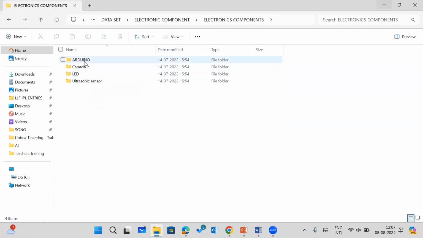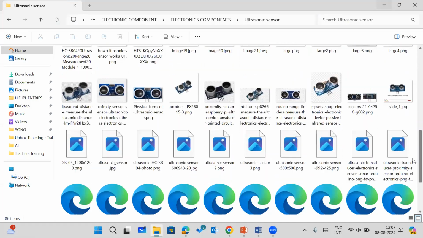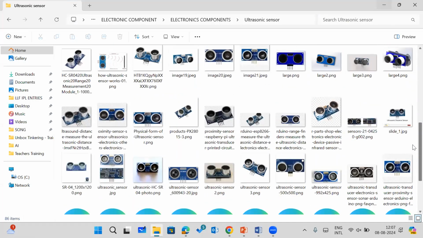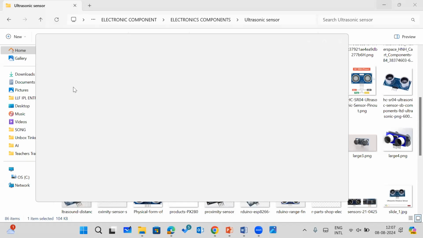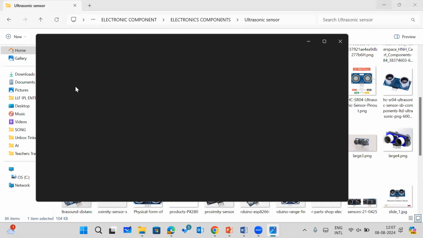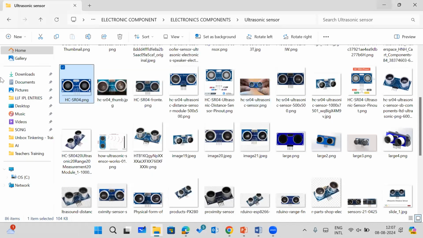Let's suppose, as I told you, we have n number of components in our lab, right? You can see these are ultrasonic sensors of different makes. This is of a different company. This is of a different company. This is an IR, right? How to identify, how to create, if it's students of grade 6 but they have no idea about the electronics components, you can also create such a project in your lab. Just to do one thing, what you have to do,